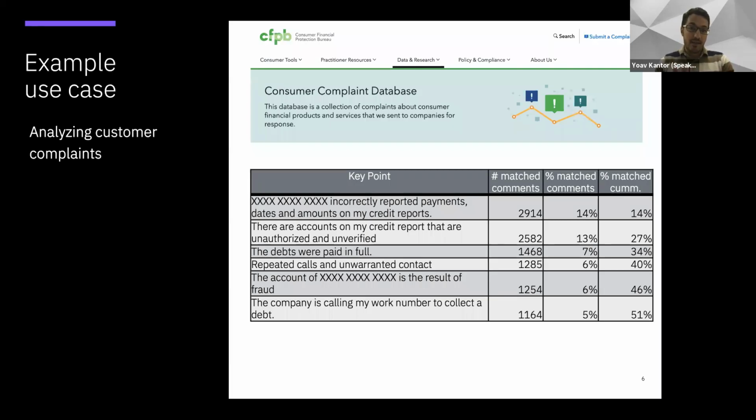Let's take a look at an example. Here we summarized a data set of consumer complaints. The data set had many thousands of sentences of comments, and you can find here the top 6 key points that were automatically extracted from the data. If we take a look at the first key point, incorrectly reported payments, dates, and amounts on my credit report, this complaint had almost 3,000 matching comments, 14% of the data. And with 6 key points, we managed to cover 51% of the data, and obviously creating more key points can